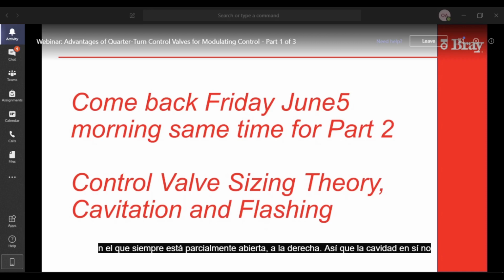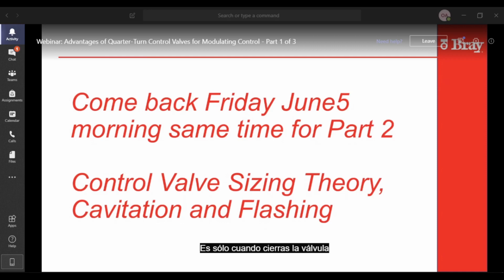So the cavity itself is not self-contained. It's not sealed. So you've got pressure going around the edge of the V-ball and inside the cavity. So you see the same pressure in the cavity of the ball as you see inside the line. It's only when you close the valve completely or open the valve completely that the cavity gets sealed.